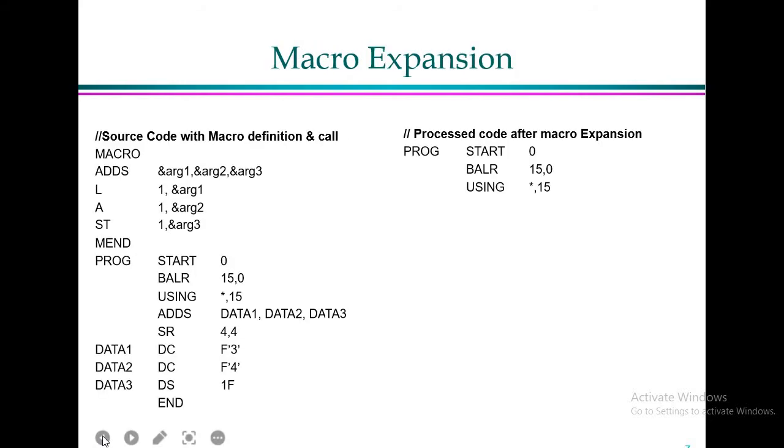Now see expansion of a macro call. On the left hand side, source code with a macro definition and call is given. MACRO ADDS, LAST is the definition of this ADDS, and MEND is there. Always remember, a program starts its execution from this START pseudo-code. So here on the right hand side,